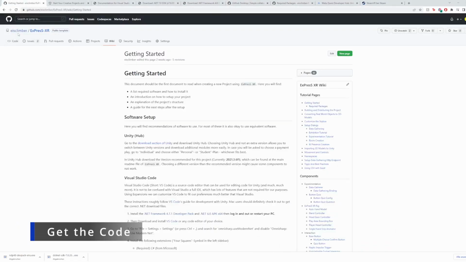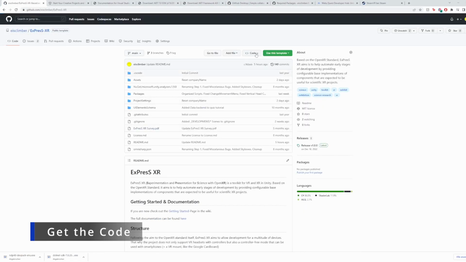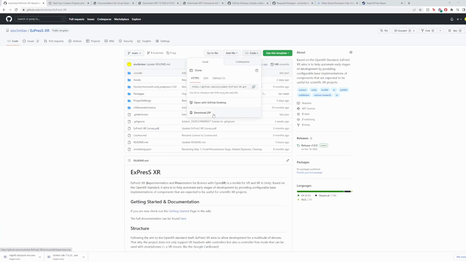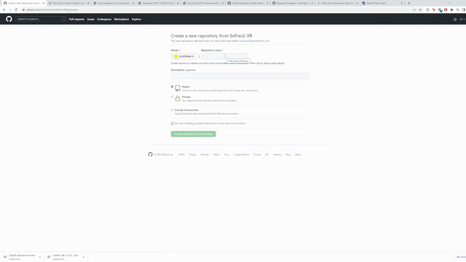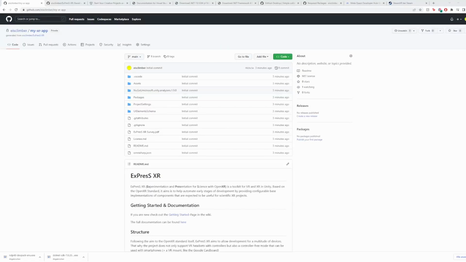We can go back to ExpressXR and either download the code as a zip file, which is an option if you don't want to use Git or want to set up the whole repository on your own. But to streamline the process, we can click the green button, Use this template, and create a new repository, which will then allow us to enter a repository name, set it to private, and create a repository from this template. Once GitHub has finished loading, you can see we have basically a copy of the ExpressXR repository, which we can now